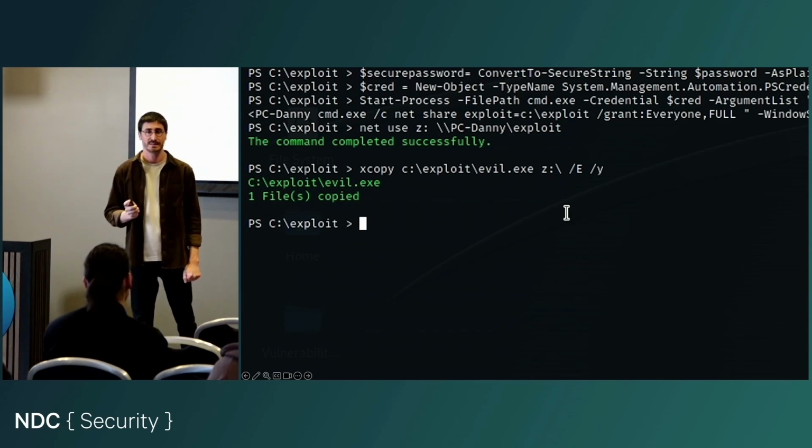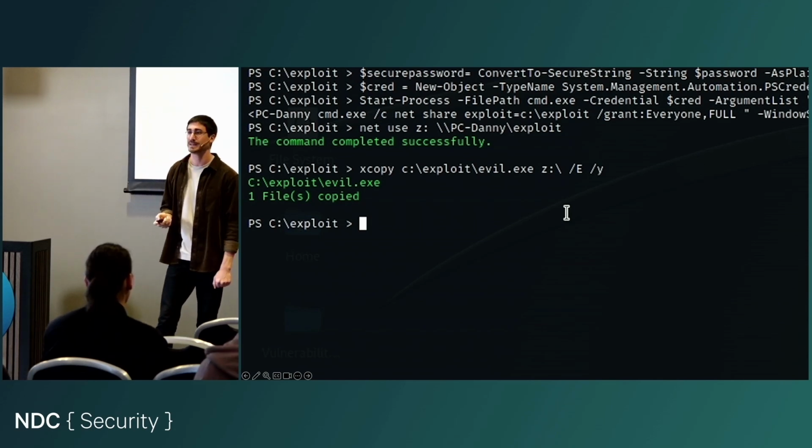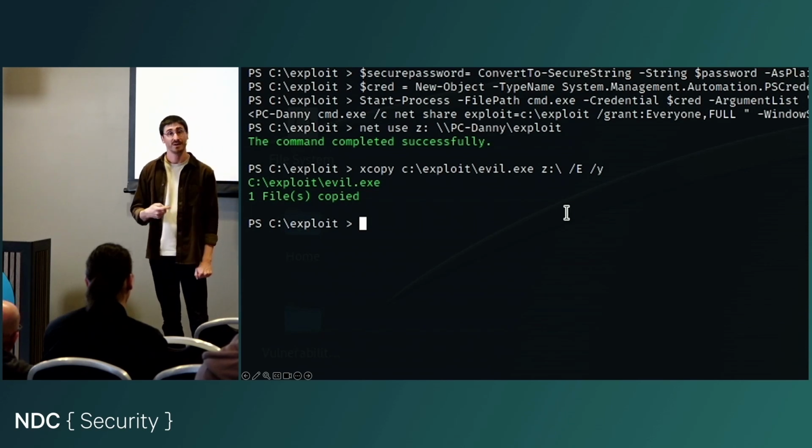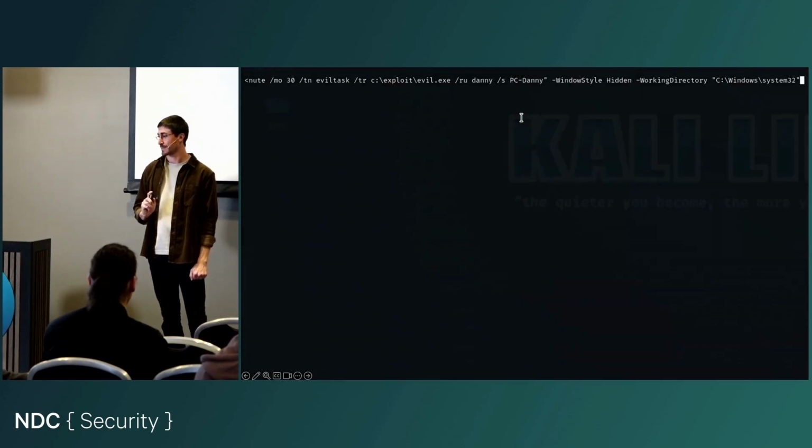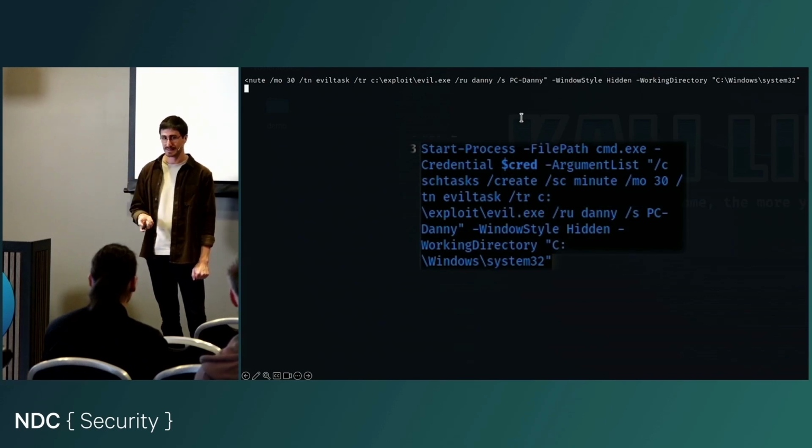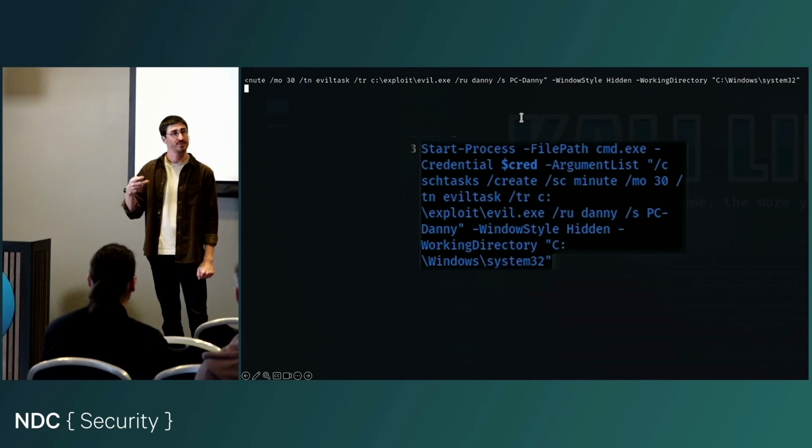Now, the next thing is creating a scheduled task on Danny's computer. This is a scheduled task. It runs every 30 minutes over and over again on Danny's computer, and it runs that evil.exe file. This means that